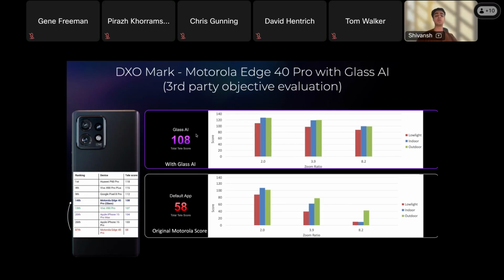Once you put the new neural ISP software on top of existing hardware, we saw a huge bump in the overall DxO score, going from 58 to 108. Earlier this phone was ranked somewhere around 87th, and then it went up to 14th, which was even better than the Apple iPhone 15 Pro and even Pro Max.